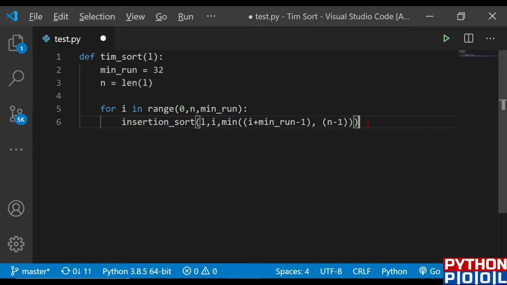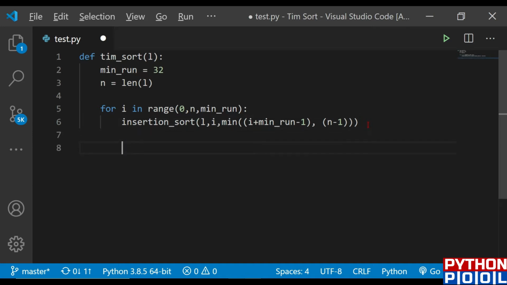If the array has less than or equal to 32 elements, then I need to sort it using insertion sort, and for greater sizes I'll be using merge sort. I'll not be defining the merge sort algorithm today because you know how to define it. I have made a video on the merge sort algorithm, and it is similar to insertion sort. I'm leaving it as an assignment for you. I'll show you the insertion sort algorithm because we are dealing with fewer than 32 elements today.